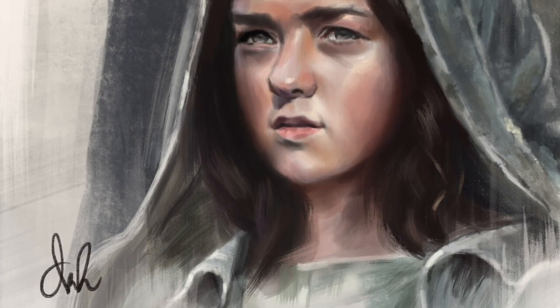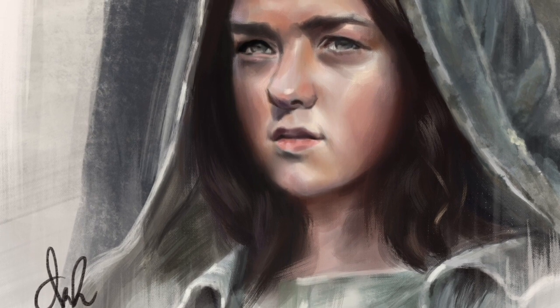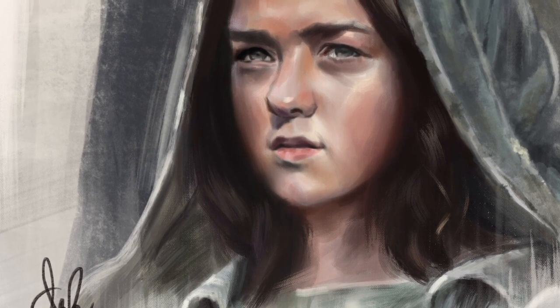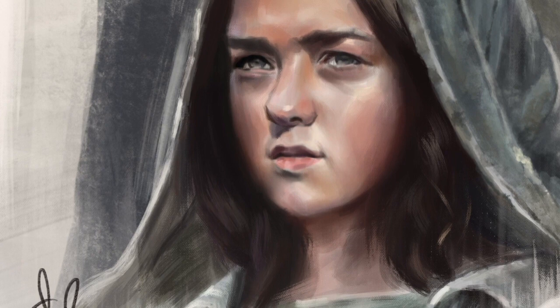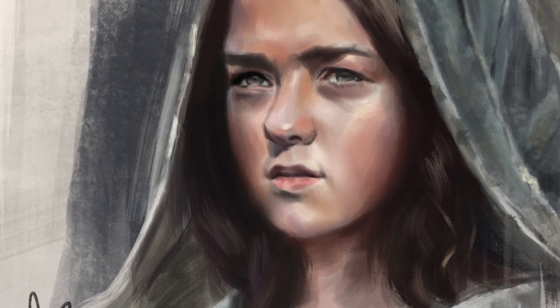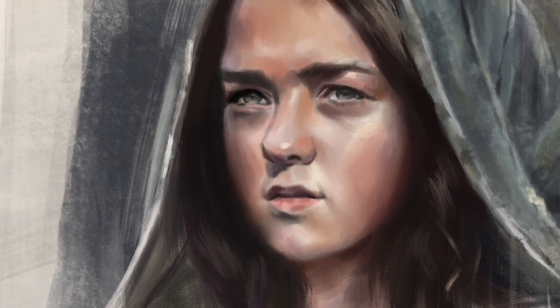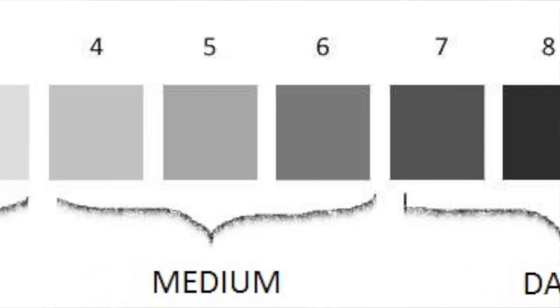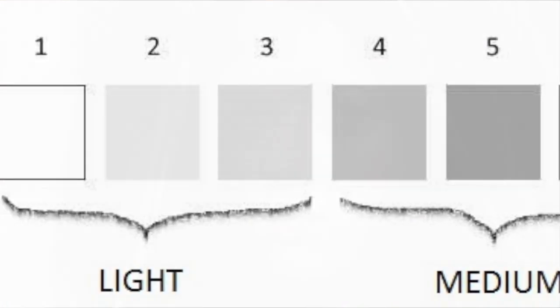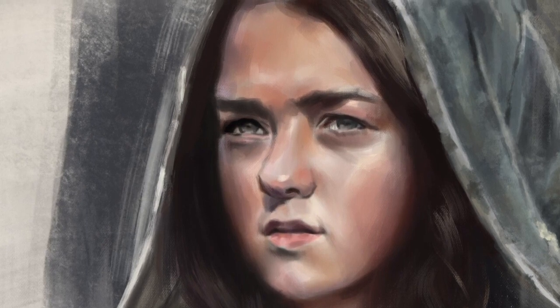This is my second tutorial on how to paint digital portraits in a painterly style, but this one is meant for a different kind of approach. It will be a two-part tutorial, and in this first part we will focus on three things. First, we will analyze our source photo, then we will place facial features the right way in very easy steps, and lastly we will focus on values. In the second part of this tutorial we will talk about skin tones and light and how light affects color